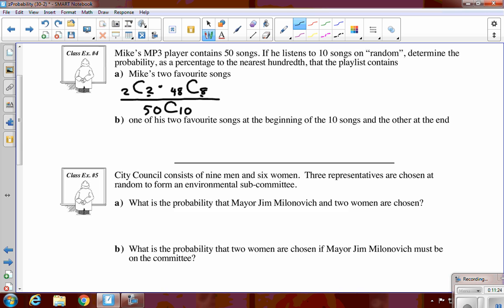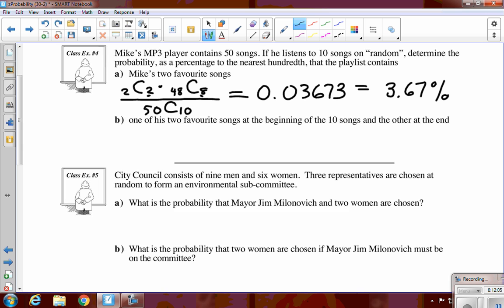So now you should take the time to crunch this out. They do say as a percentage to the nearest hundredth, which is 2 decimal places. All right, so Mackenzie, crunch this out. You got 0.03673-ish, right? This is just a decimal. To a percent is 3.67% chance that if it's just on random, his 2 songs will come out. Now, it does say to 2 decimal places, so if this was a numeric response, which this question would lend itself to, you should have 2 decimal places, rounded well. Okay,